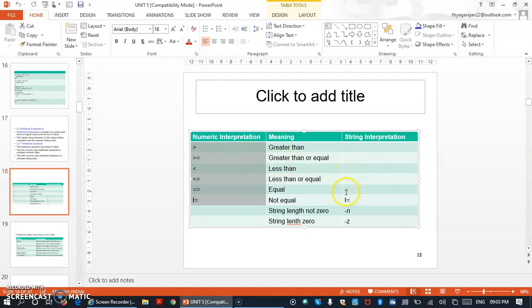Coming to the third column, there are some relational operators: equal to, with only one assignment operator, not equal to, string length not 0 with minus n, and string length 0 with z. These operators are used for comparing strings. So this is about relational operators.